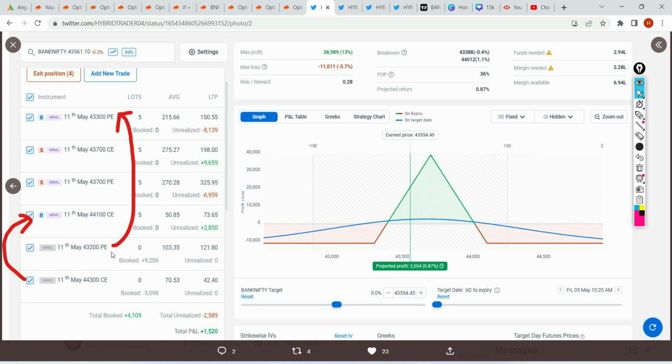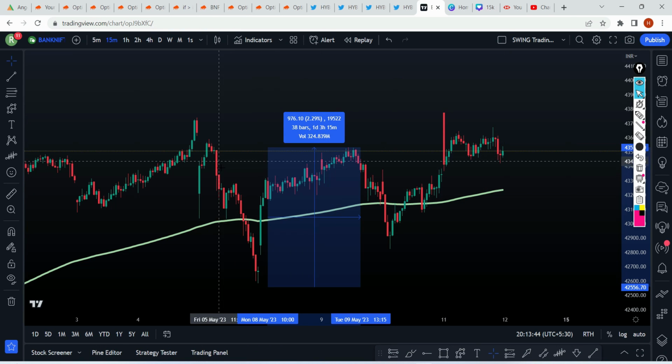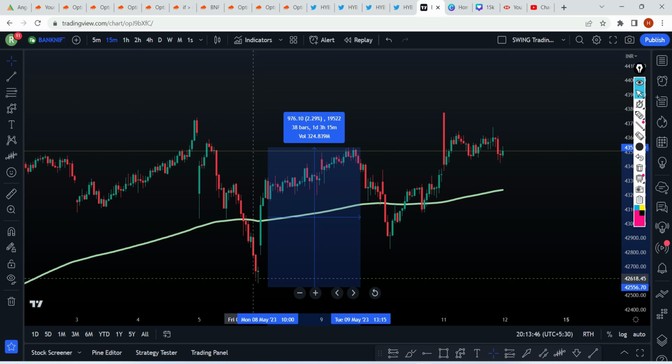So basically I've done a roll up for PE, I've done a roll down for CE. What is the result? If you look at the loss, now the loss is equal. Initially the loss was 28,000. See, check this view. The next day I might have done, when the market came down,